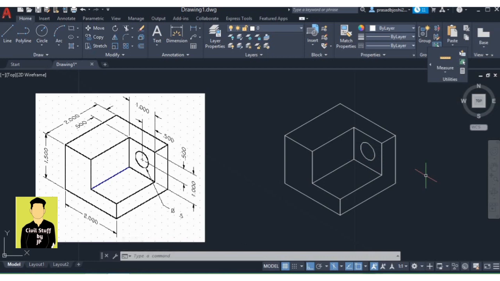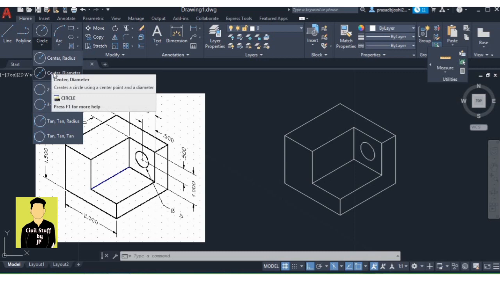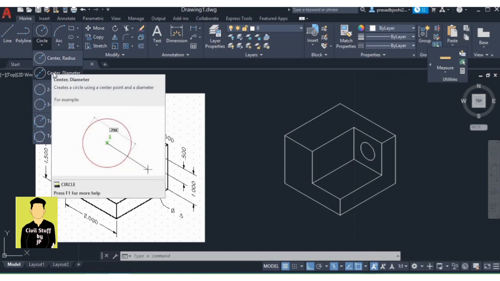So now you can see that the drawing is complete. So in this way, you can draw any isometric drawing in AutoCAD. Always remember, for drawing a circle, you have to type ellipse, enter, I enter. If you simply select circle from this option, the circle will not be proper. It will be in two-dimensional view, regular view.